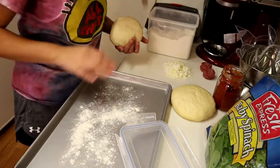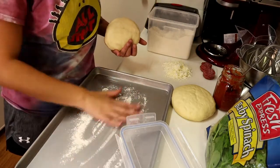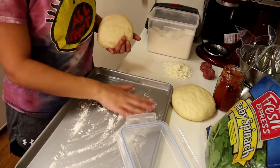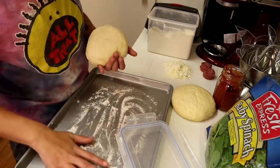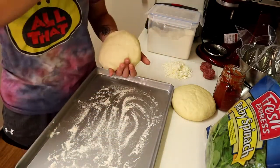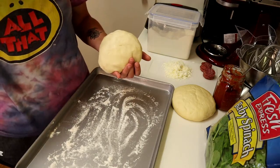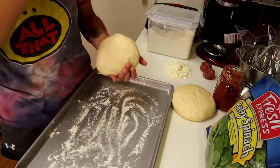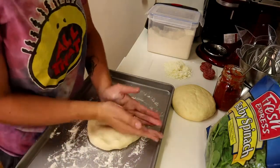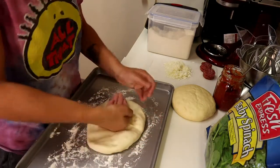Like that. Sprinkle it and kind of move it around some. I don't think this, oops, I'm dropping flour everywhere. I don't think this is gonna cover the whole thing. I just Jesus. So basically you just lay it down and try your best to morph it to the pan